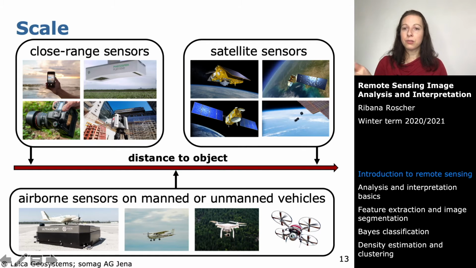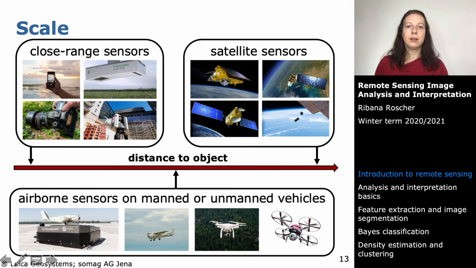But we can also use laser scanners. So laser scanners are used to get a 3D point cloud of the environment, and it's a different kind of sensor technology. Then you have satellites. So this is the other extreme. So satellites, you have a lot of different satellites. It's not only that these satellites can